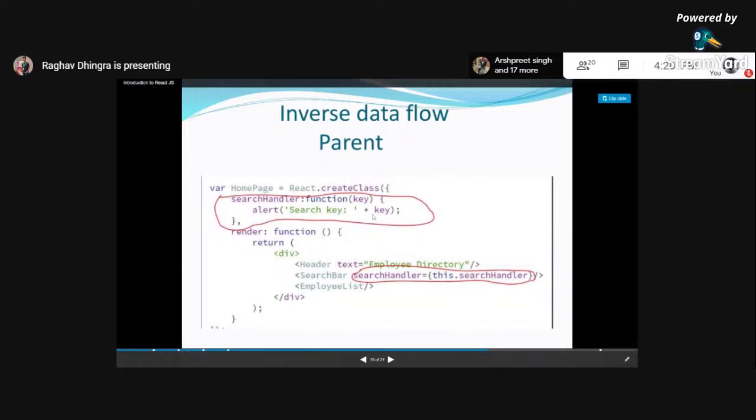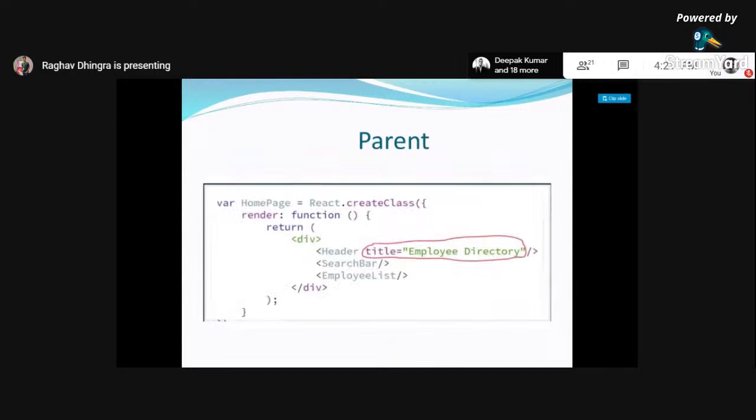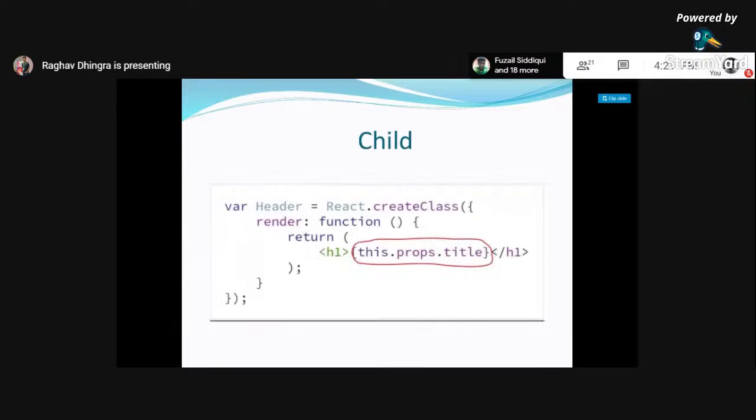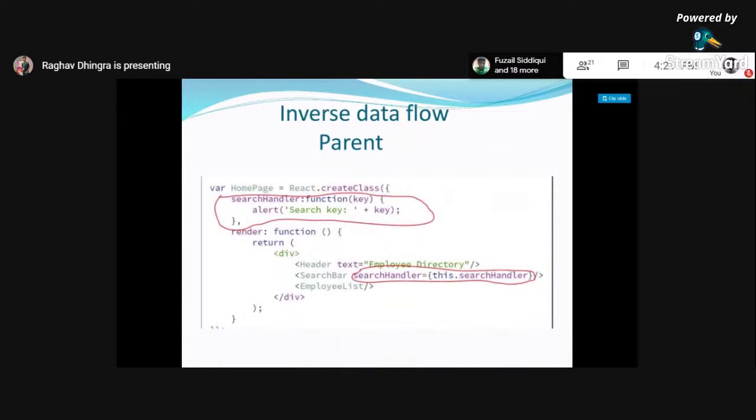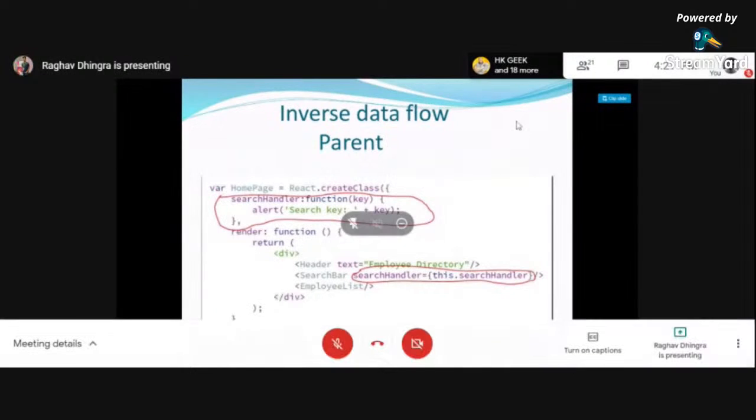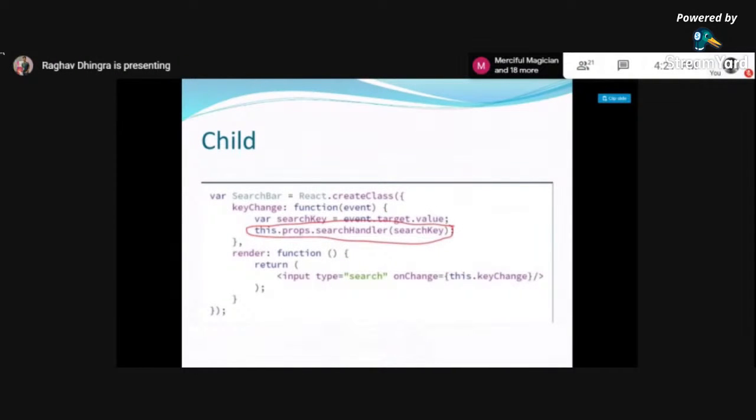So yeah, you have just seen the example of passing data from parent to child. If you want to have some changes from child to parent, we have to define a particular function, and then that function is rendered over the DOM component, and it basically updates the DOM or the parent component from where we want to change the value of the props. So yeah, here we have defined a particular props, and we have defined a particular function,